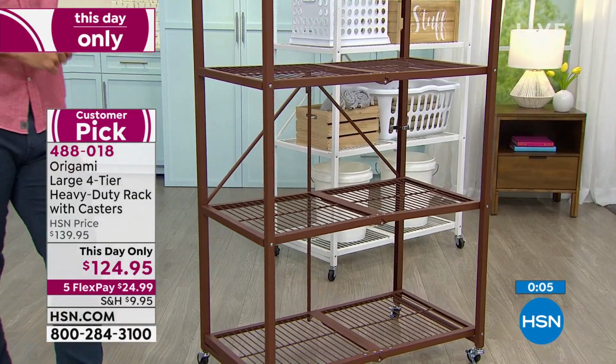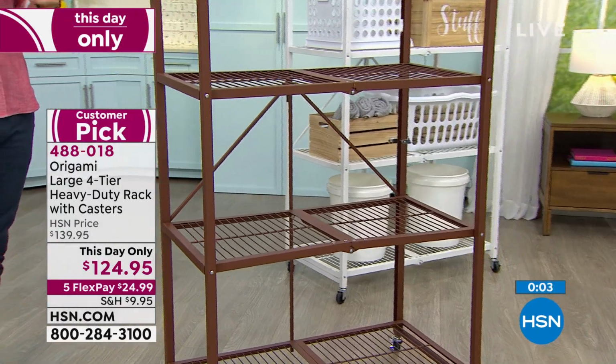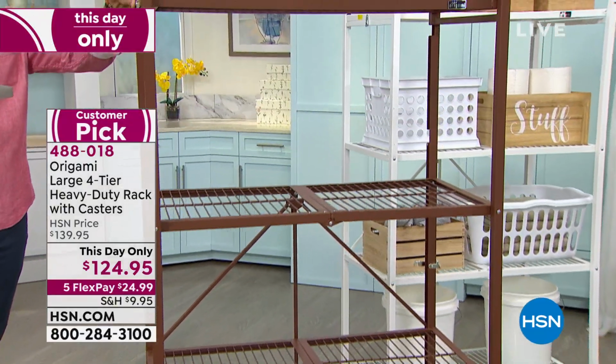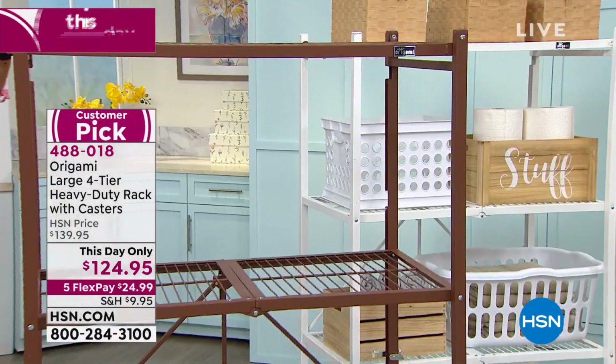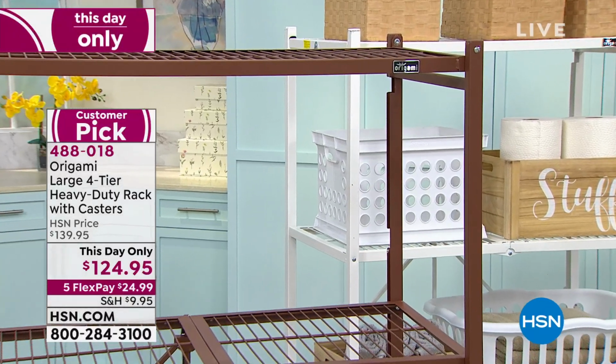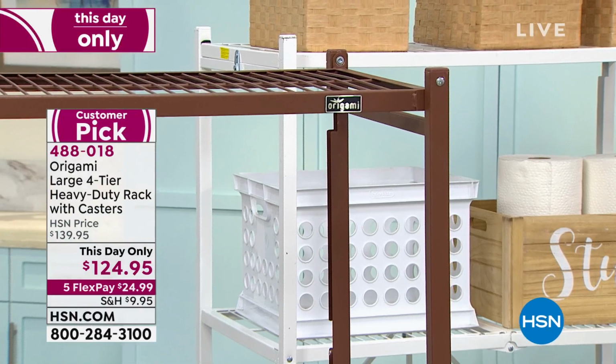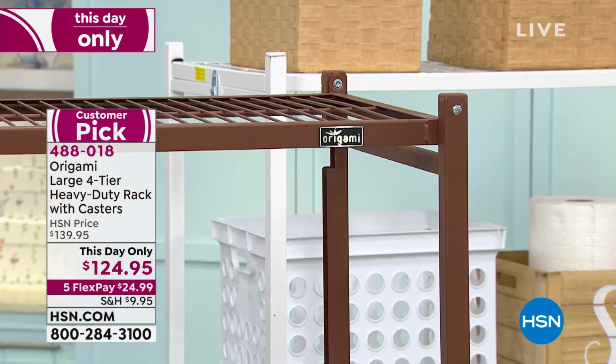So $124.95 today. Let me go over the colors with you real quickly again, because we only have a few seconds here. The one that I've been standing next to, this is the bronze, but most limited here. This bronze is very limited, only 240. That's it, only 240 left in the bronze. But right behind there, what you're seeing